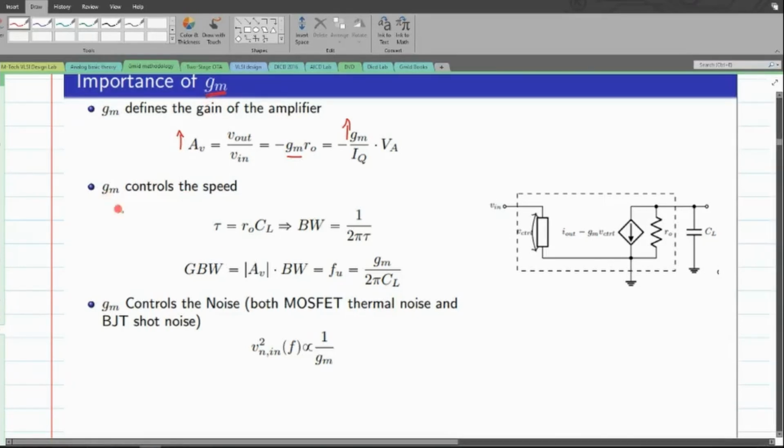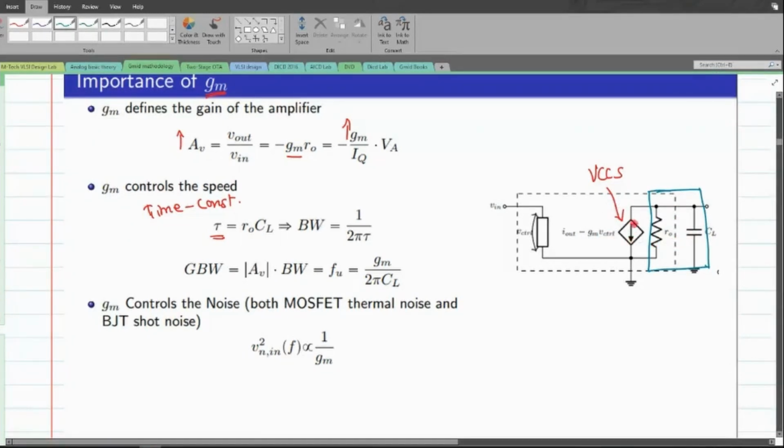The next comes the tau parameter. Tau here basically represents the time constant of the circuit. To talk about this time constant, I need a capacitive component CL. So I have just assumed that some sort of capacitive load is attached to the output node of our transistor. One could derive this time constant just by assuming this voltage controlled current source, a current source that is trying to drive an RC network. The composition of this R and CL is basically what is known as the RC component.